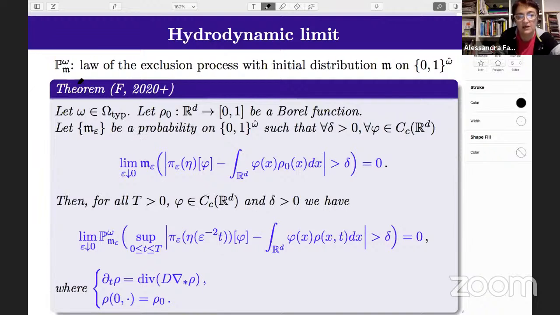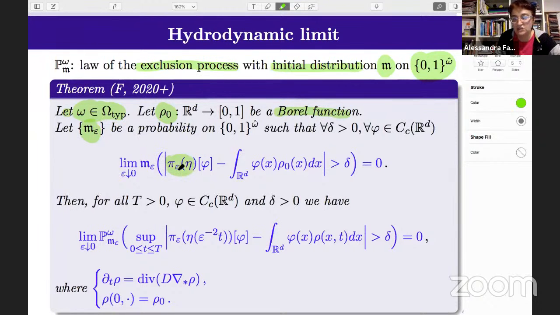In what follows, P omega m is the law of the exclusion process with initial distribution m, which is a probability on the configuration space, {0,1}^(omega hat). Now, take omega, which is a typical environment, so almost surely omega. For each omega which is typical, you have this nice property. Fix a profile, a function rho 0 from R^d to [0,1], which is Borel measurable. And then for each epsilon, your initial distribution m epsilon has this property. It's a probability on the particle configuration space, and with high probability,